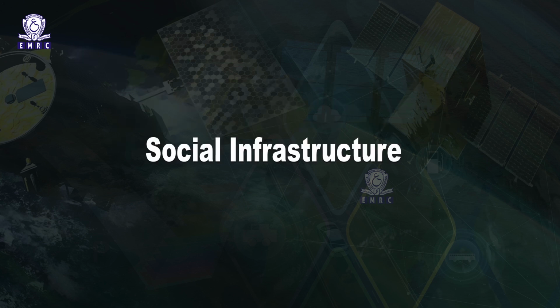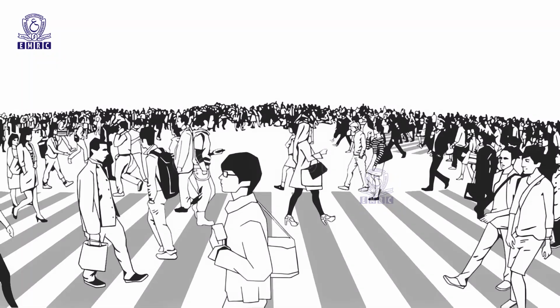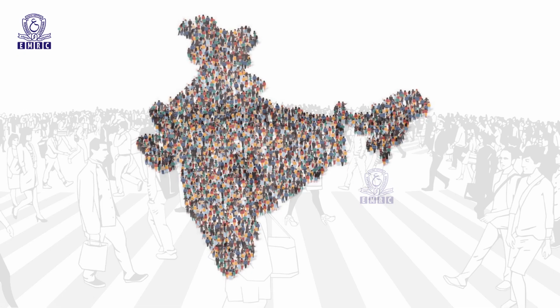Social infrastructure. In most Indian cities, the municipal bodies have primary responsibility to cater to the basic needs of citizens by providing required essential services and infrastructure facilities. But during the last century, cities throughout the developing world have seen an extraordinary increase in their population size, which has put tremendous strain on the delivery of basic infrastructure services.